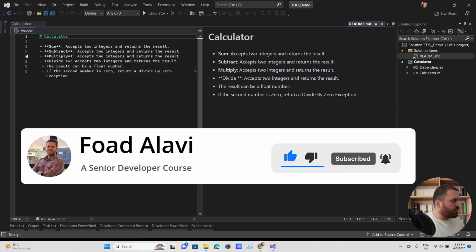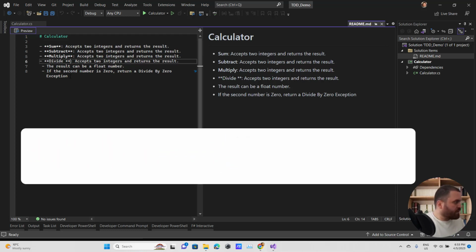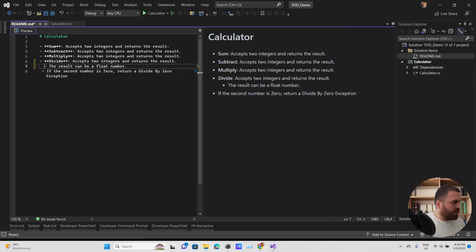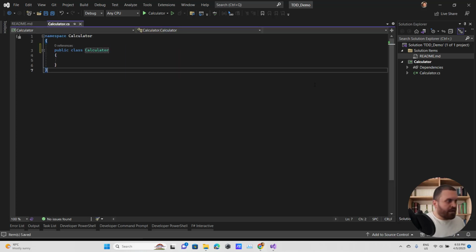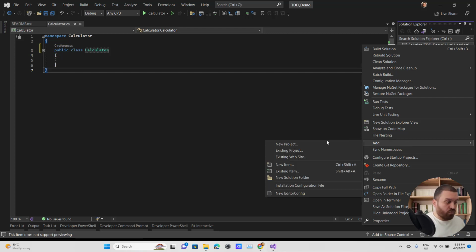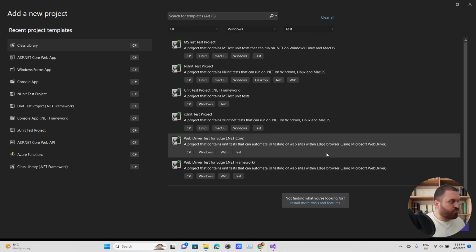Nice. Okay, let me see what is happening here. This one should be like that. This one should be like that. Okay, perfect. And let's start with practicing TDD. The first thing that I need is to create, or maybe it is better to say add, a new project.